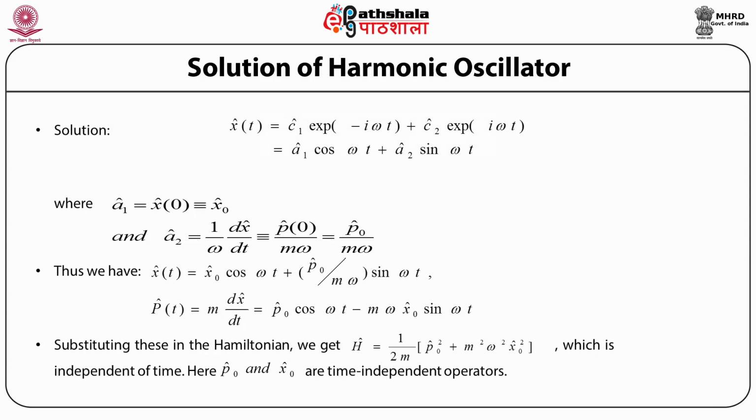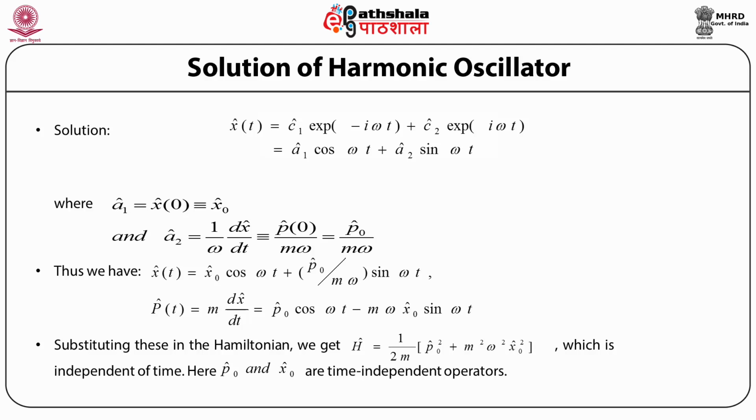Now, if we look at the equation of motion of the harmonic oscillator in the Heisenberg picture, which is given as the double derivative with respect to time of the position operator x plus the square of the angular frequency times the position operator x is equal to 0, then the solution to the second order differential equation is of the form: position operator x as a function of time is equal to operator c_1 times exponential within brackets minus iota omega t plus operator c_2 times exponential within brackets iota omega t, where omega is the angular